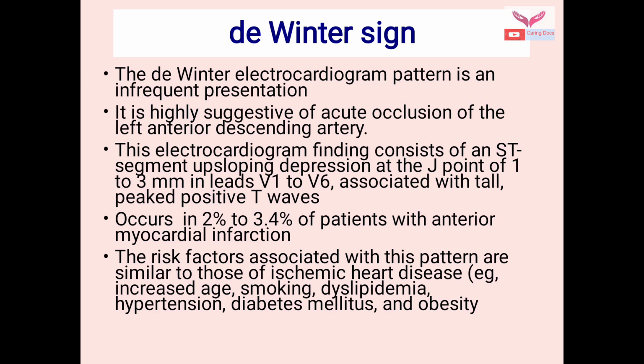The De Winter ECG pattern is an infrequent presentation. When it is present, it is highly suggestive of occlusion of the left anterior descending artery, that is, acute occlusion. The ECG findings consist of ST segment upsloping depression at the J point, and that depression may be 1 to 3 mm in leads V1 to V6, and it is often associated with tall peaked positive T waves. This phenomenon or sign is seen in 2 to